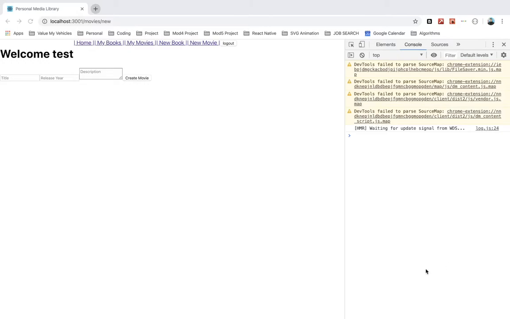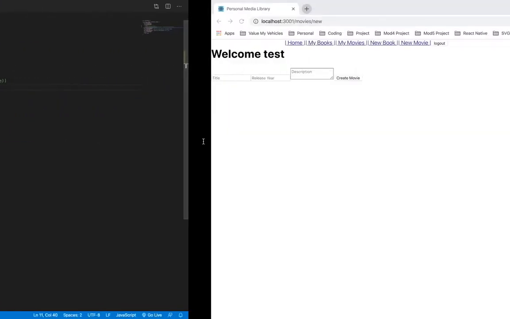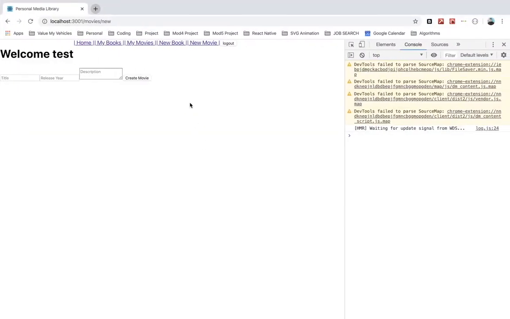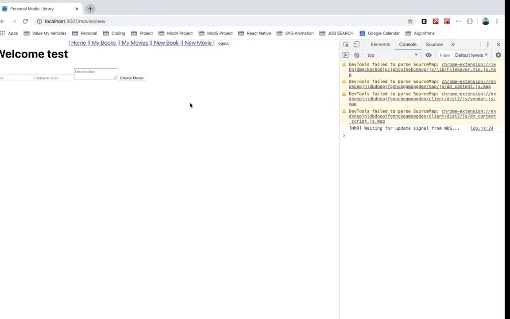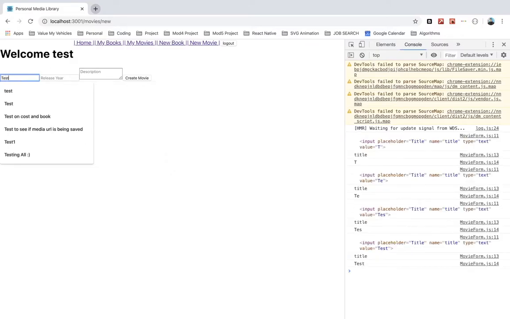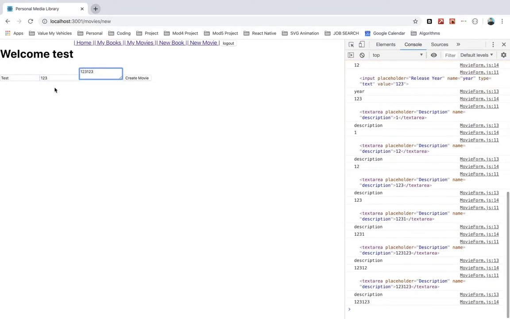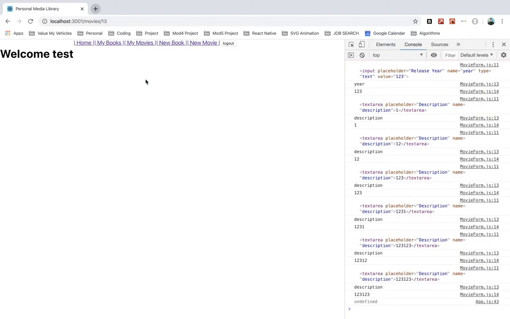That may seem like a simple issue, a simple typo, but I think he just got caught up with so much going on that he forgot to put blinders on and go down that path. So now that this is actually working, let's take a look at what happens if we try to submit this form. Now it is rerouting to movies 13, which is good, but it's not rendering anything, and something is supposed to be rendering here. If we refresh,